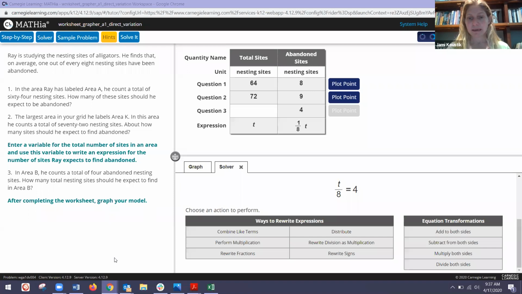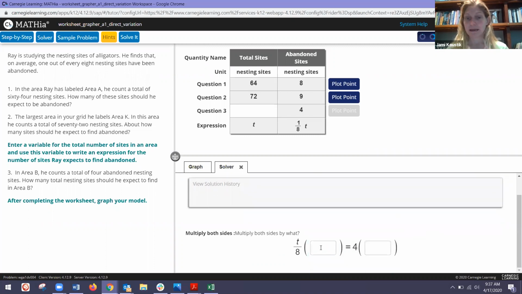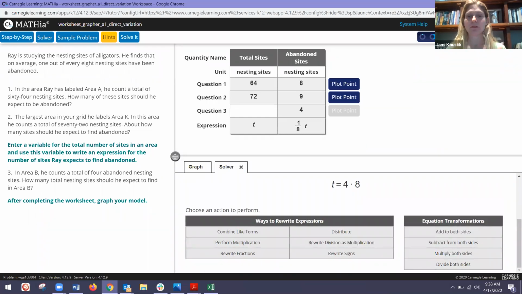Okay, so what you'll see is now it's asking the students to choose an operation or perform an action. They can either rewrite the expression using combining like terms, or they can use equation transformations, which I know with this one, I'm going to need to multiply to both sides. So we're going to multiply to both sides. What it's going to do is ask the students to type in what it is that they're multiplying to both sides. So again, making sure that we're always doing it correctly, but we're giving that support to the students that need some additional support because they can't do it in their head or they're not quite sure. So they can use the solver to help them solve it,